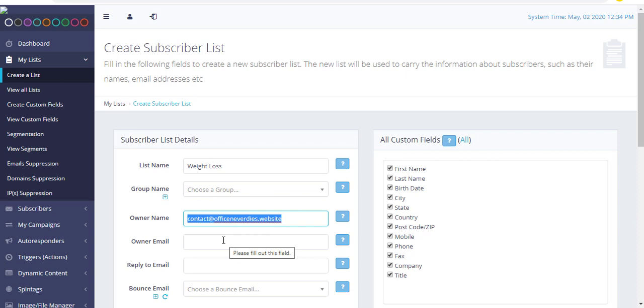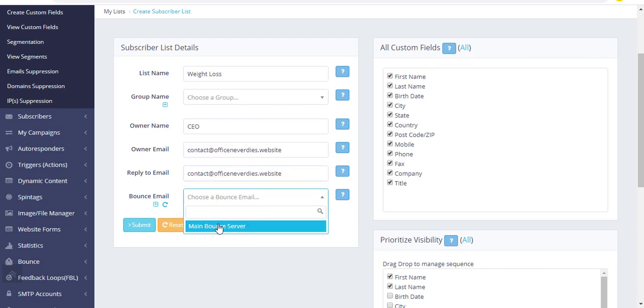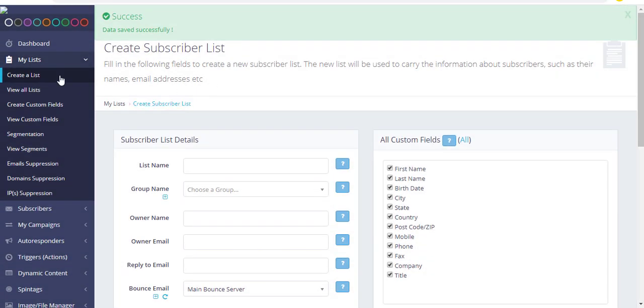Sorry, here we have to type honor name. So we can type CEO, honor email ID, reply to email, and bounce email we have to go there. Actually, when we send email, it asks for the detail of what data you want to use. Do you want to use the data from list identities? For example, if we want to send the email with the name CEO, then we have to select the list. These things we have to select during the email sending, during the email campaign.